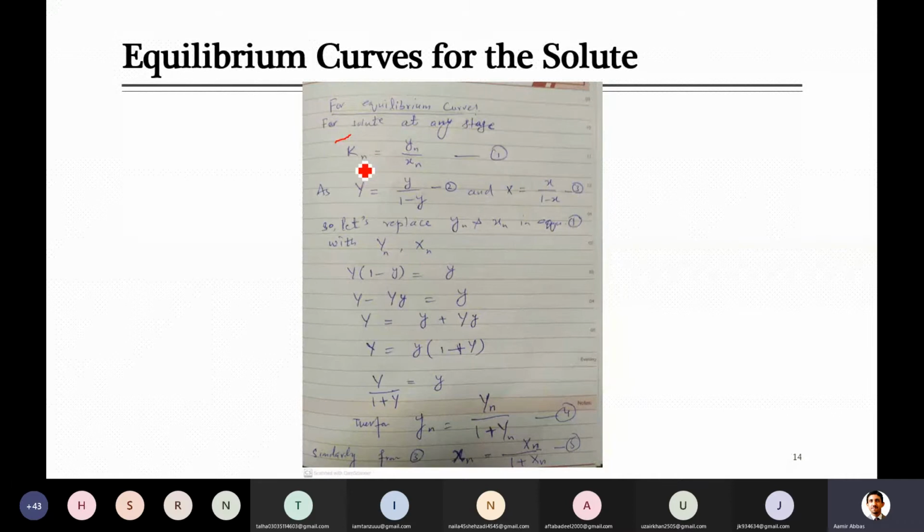If we can get the value of K, we can develop a relationship between y and x in terms of an equation, and if we know one of those, we can calculate the other. So let's look at how we can represent it in the form of capital Y and capital X, because we will be dealing with the flow rates. These are the mole fractions. If you have the values in terms of flow rates, how can you use them to draw this line, which is the equilibrium line.